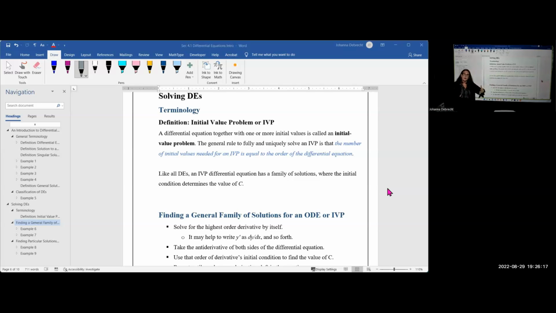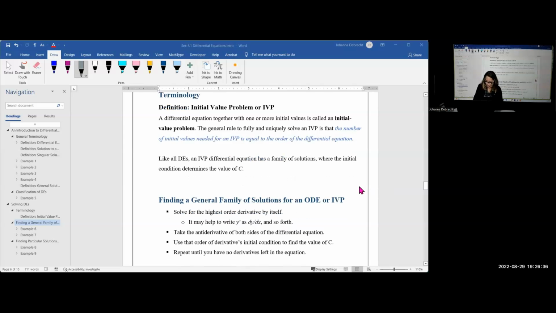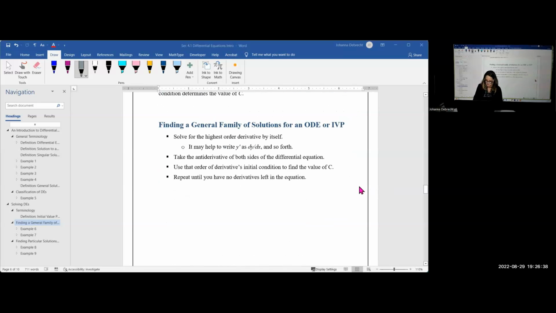So after you integrate y triple prime, you end up with something that's y double prime. And then you'll have a plus c because you integrated, you need the initial value for y double prime in order to figure out what the c value is. So let's go through the steps for finding a general solution for an ordinary differential equation or for solving an